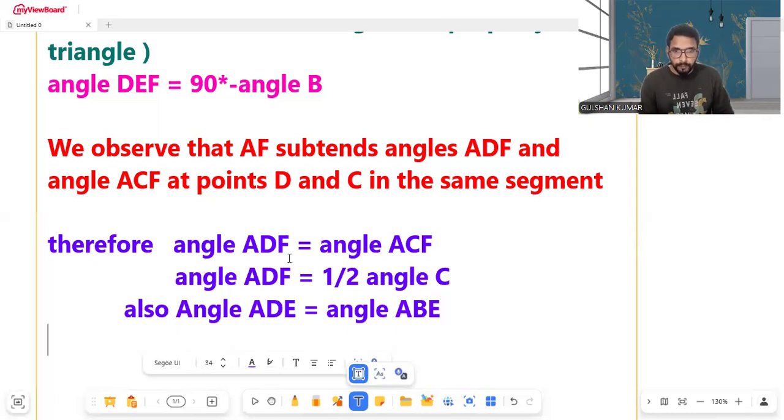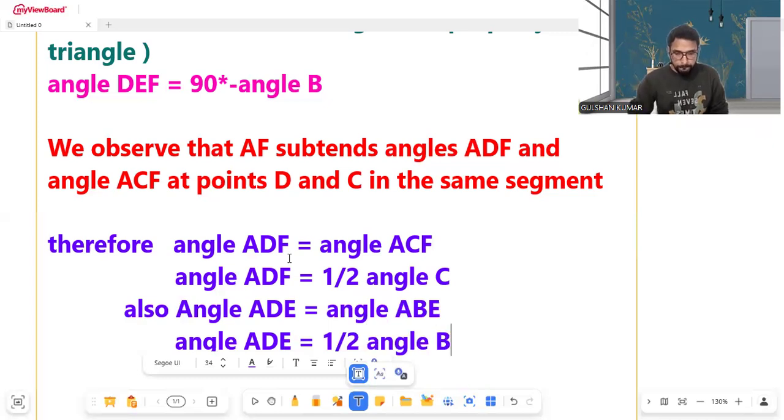Okay, it is clear. So the whole angle ADE equals half of angle B. Okay, now adding both of them,